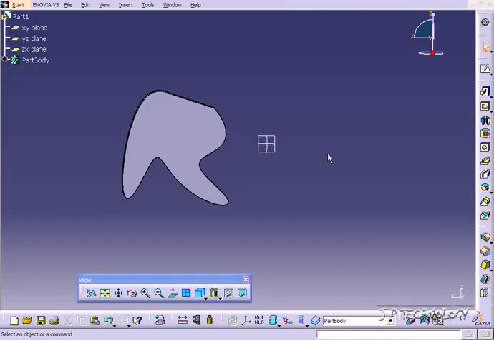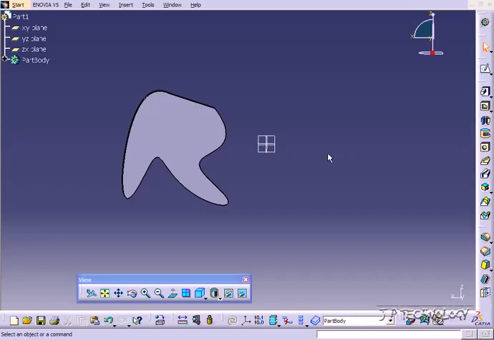This is tutorial number 69, and it covers how to use the body symmetry feature within Catia V5. To start off, open up tutorial part number 67, which is located on the DVD. Now the body symmetry feature is exactly the same as the sketch symmetry feature that we did in the prior tutorials. So what it's going to allow us to do is make the symmetrical opposite of the part along an